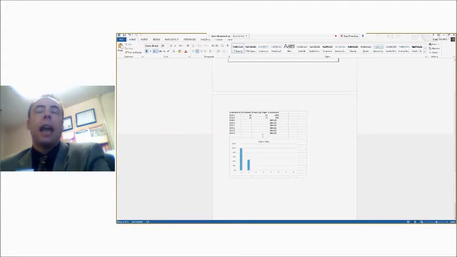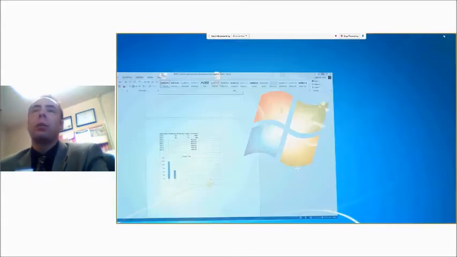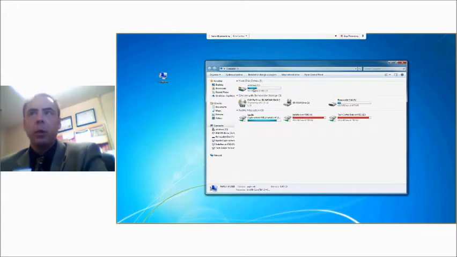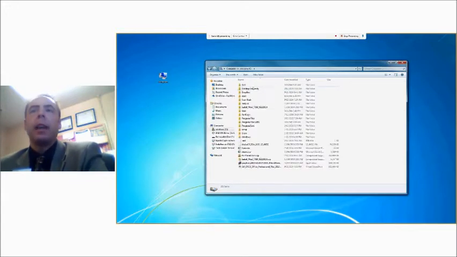The way that this works is this Excel sheet isn't actually part of the Word document. It's embedded in from a separate source, and I'm going to show you what that looks like. Everybody on their desktop should have a computer icon here. If you click on that, you'll see a C drive, and inside that C drive you're going to find a file that's called